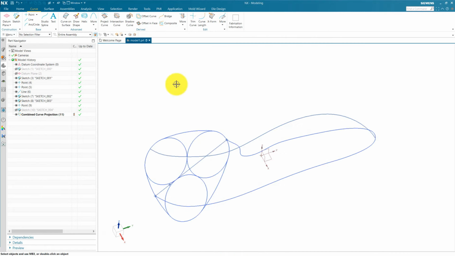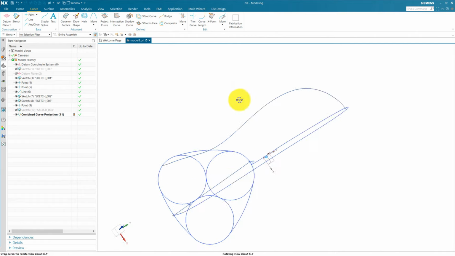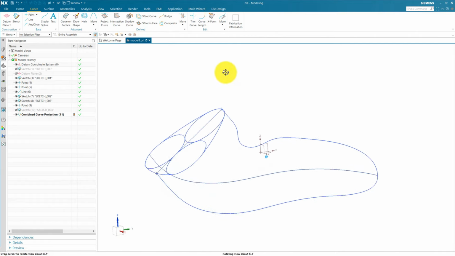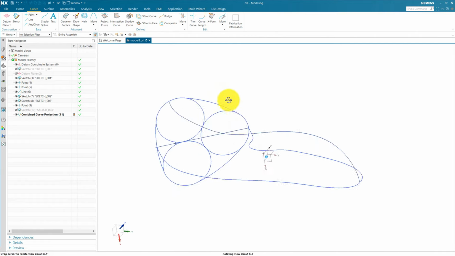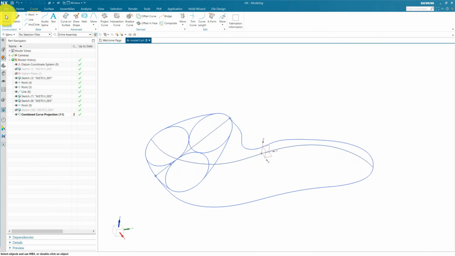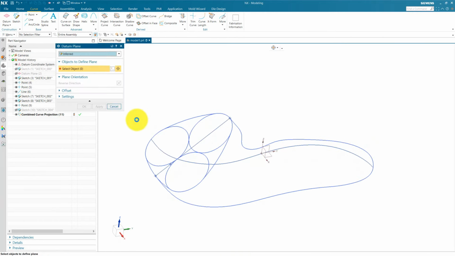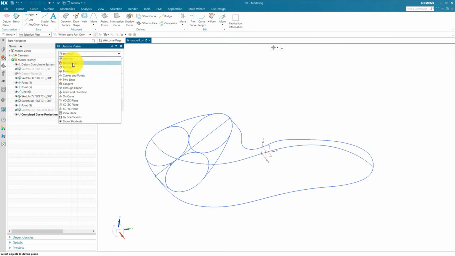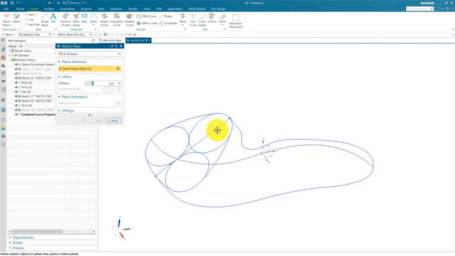For creating surface, we also need some cross curves, so we create some cross curves. For creating a cross curve, we need to create a plane at a distance of approximately 67. Okay,